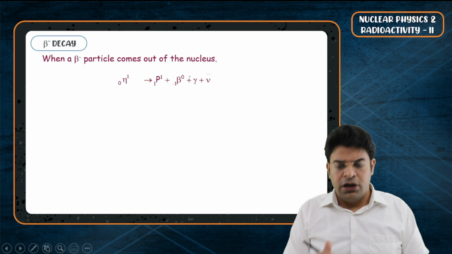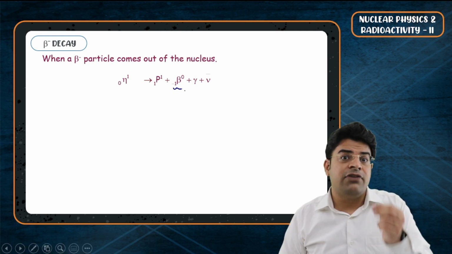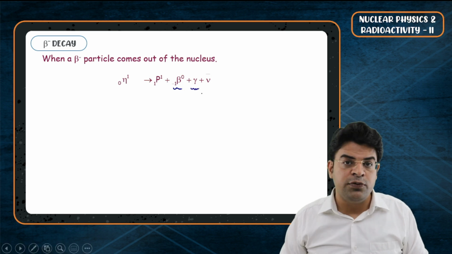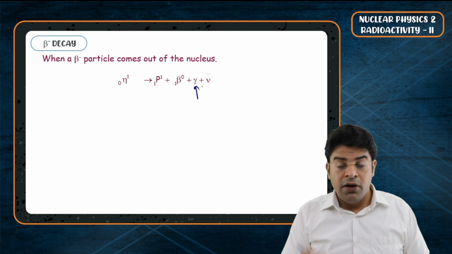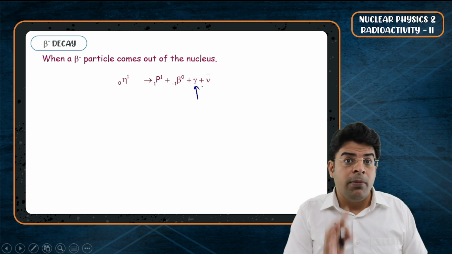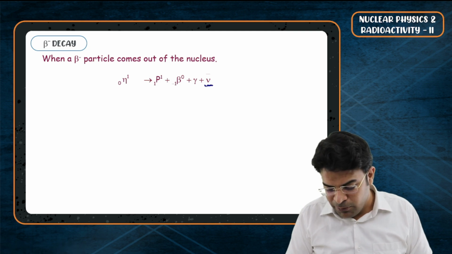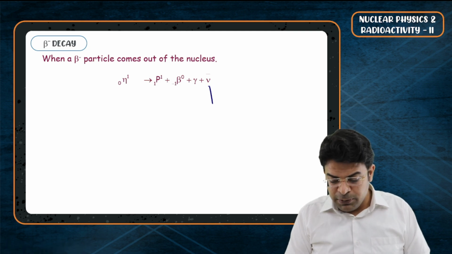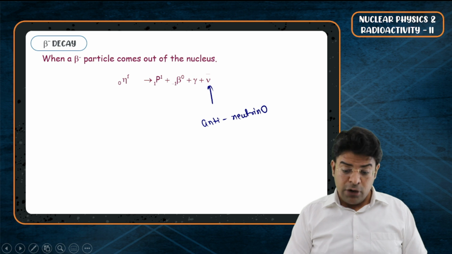After the emission of an electron from the nucleus, there is a successive emission of a high energy photon that is called gamma radiation. Why does this take place? We'll explain when I talk about gamma decay. But first, we need to talk about this other particle. Sir, what is this? This particle is called antineutrino. Antineutrino. Do remember that every time a neutron dies,